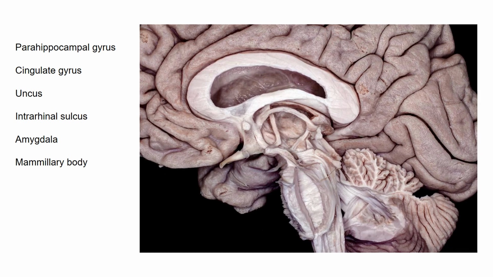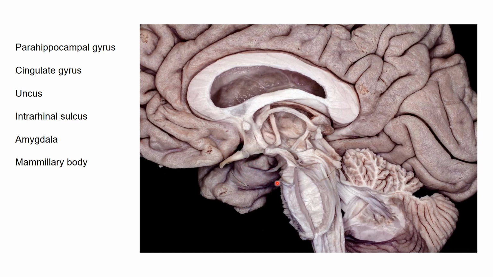Okay, so this is our Lab 11 review. So this is our last lab of Block 2. A lot of these things we've seen before, just now we're looking at them in a new context, or at least with some context. So first we have our parahippocampal gyrus, and that is going to be the most medial gyrus on the bottom side of our temporal lobe. So you can see that right here,